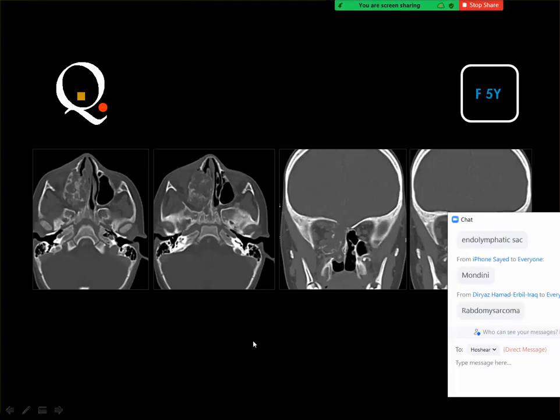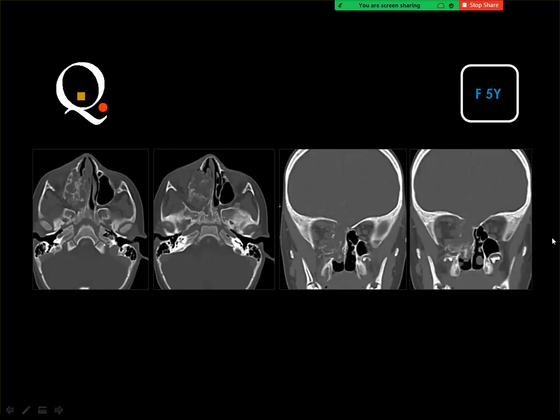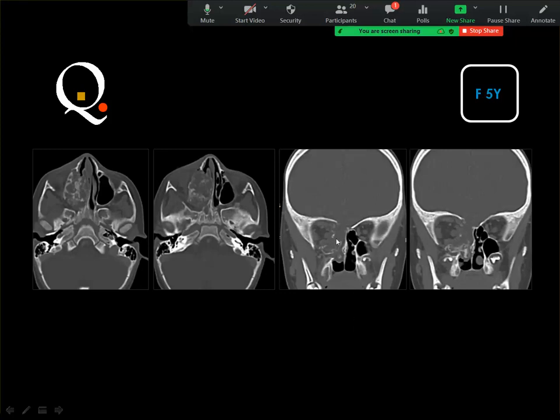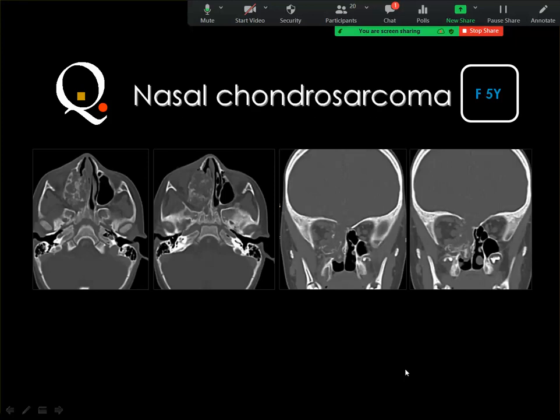Rhabdomyosarcoma is a good possibility, and also no, this is not fungus, but if you look carefully you can see matrix calcification inside the tumor, and whenever you get a malignant lesion with matrix calcification, you think of chondrosarcoma. Actually, chondrosarcoma is rare in this particular location, but the presence of calcification inside the lesion and the age group,